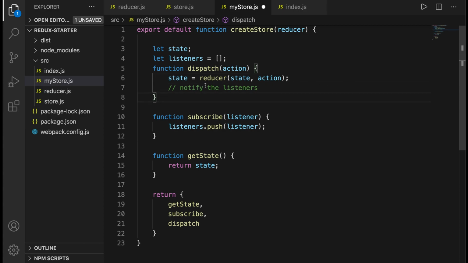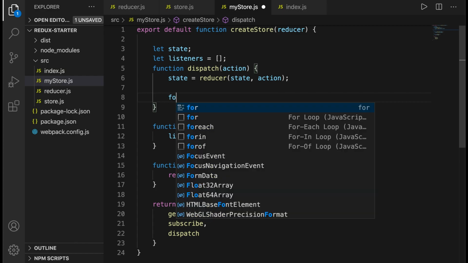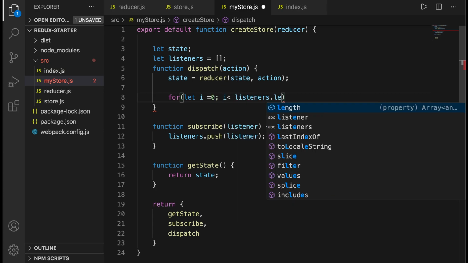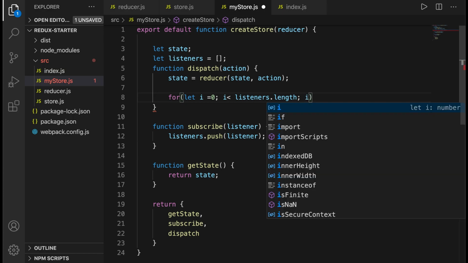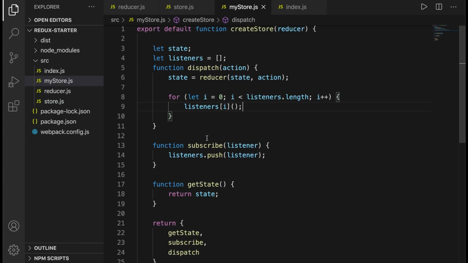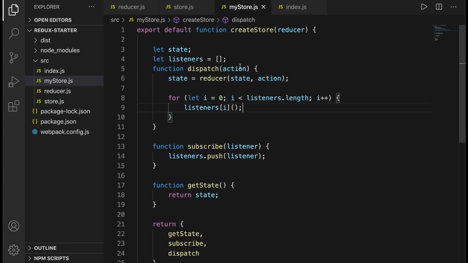Since we have a list of listeners with us, we'll just loop through it and call our listener functions one by one. Awesome. And there we go, guys. We have our own Redux in less than 5 minutes.